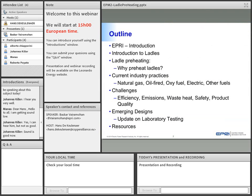Today we are going to talk about some of the aspects of ladle preheating, where it is used, why it is significant, what the current trends in the industry are, what some of the challenges faced by the industry are, what work EPRI is doing along with its members and industry, and some resources. And when I speak about ladle,